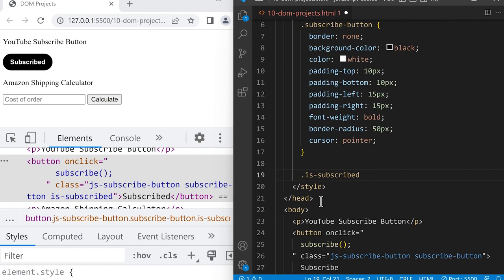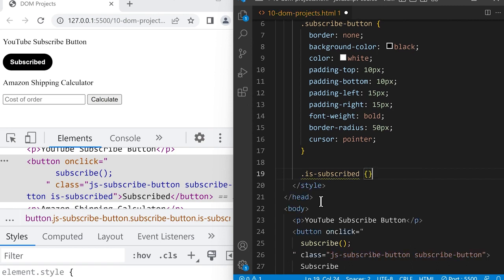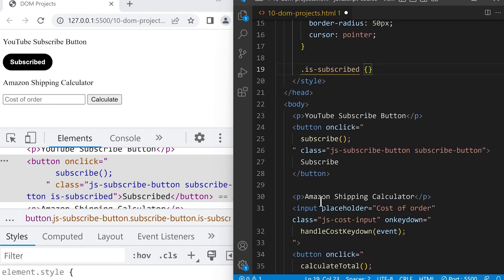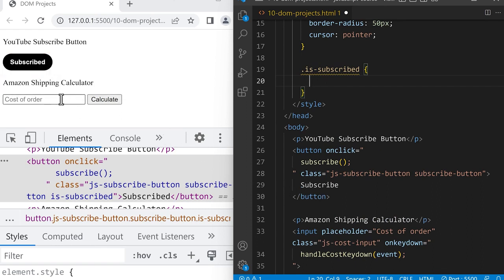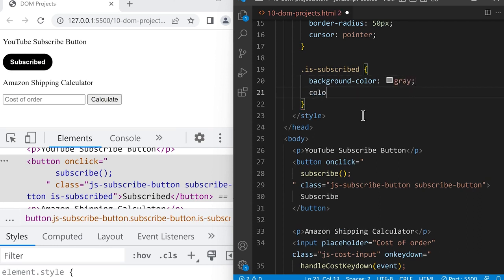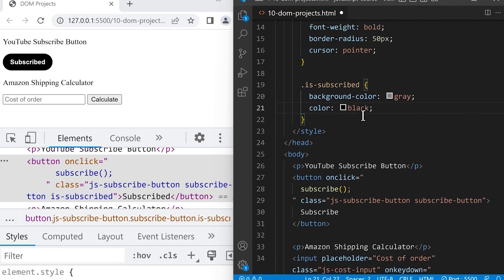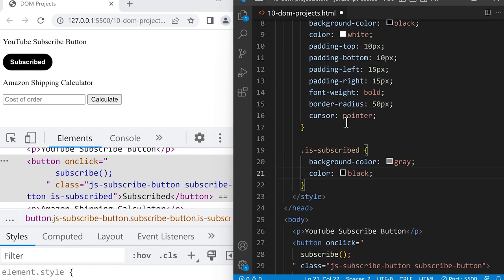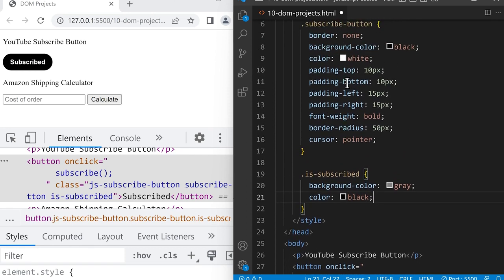Is-subscribed, and curly brackets. And now inside these curly brackets, let's change the background color to gray and the text color to black. Background-color: gray, and then color: black. And make sure to type these styles below the subscribe button styles so that these styles will override the styles